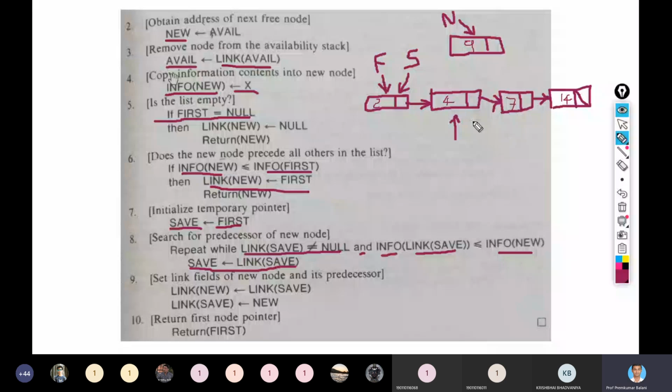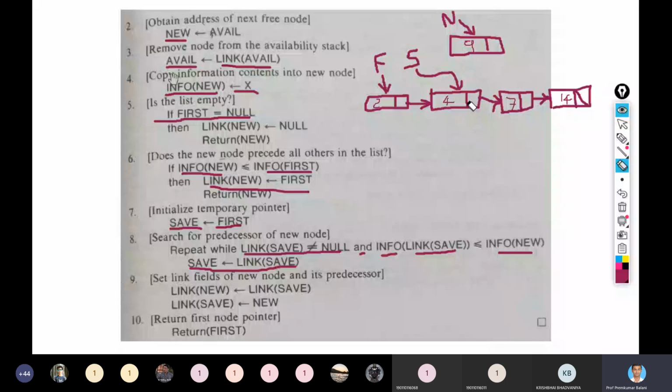That means we would update the save pointer with the link of save. So now my save pointer will be updated with the link of save, and my save will be pointing now to this node. Now again check the condition: is link of save equal to null? No, it is pointing to some node.